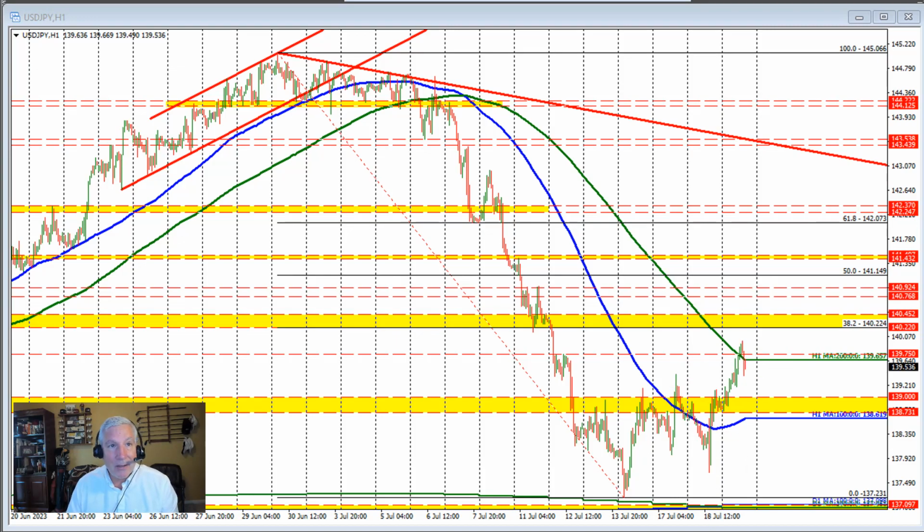You've got to respect that, and we're trying to hold the 200-hour moving average right now on the current hourly bar. We'll see if that level can hold resistance for the rest of the hour, but this is going to be the barometer for us in trading here today. If we're able to get above it and maybe even above this level right here, 139.75, then the upside can